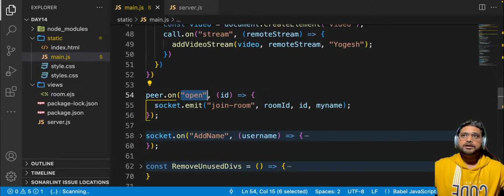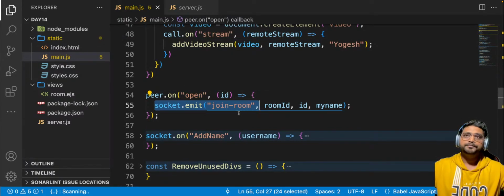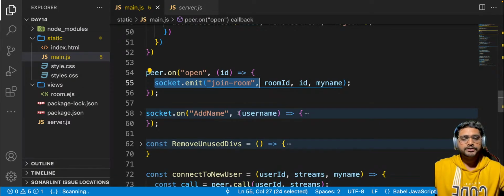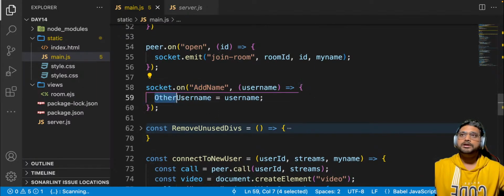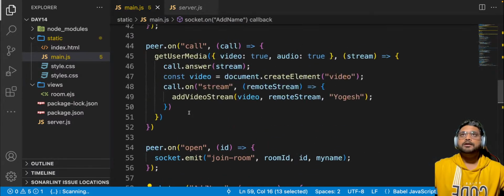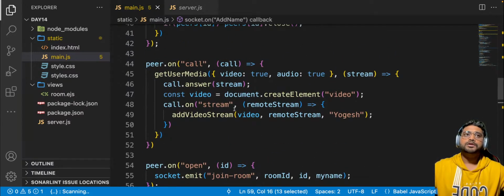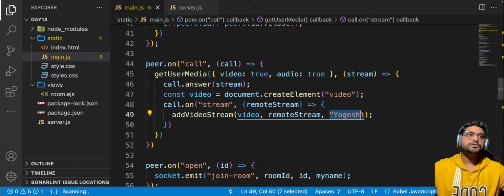Whenever the peer is open, you emit join room so that everybody is broadcasted that you joined the room. Whenever there is a socket call for add name, you put the other user name over there, right? This can be replaced over here,